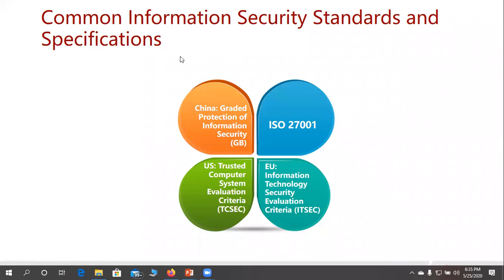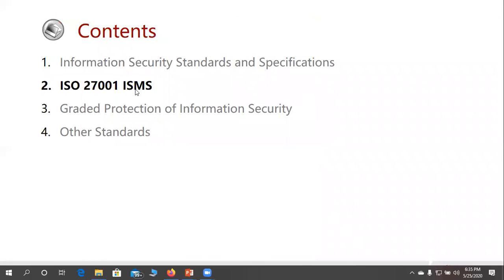Common information security standards and specifications. China has its own, which is called Graded Protection of Information Security. Then we have ISO 27701. The US has its own, which is Trusted Computer System Evaluation Criteria. The EU has its own, which is Information Technology Security Evaluation Criteria. So we'll start with looking at ISO 27701,